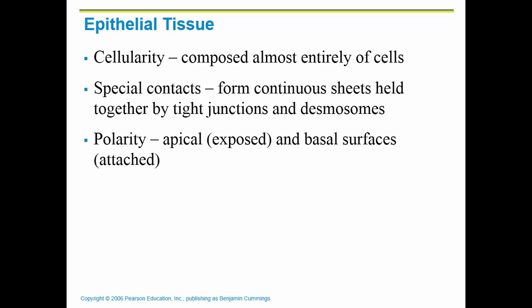Epithelial tissue has a couple of characteristics that are unique to epithelial tissue. One is that it's composed almost entirely of cells, meaning that it doesn't have a lot of non-living parts to it, and we call that cellularity. It also has special contacts that allow it to form a continuous sheet, and it is considered polar. It has a polarity, which means that it has one exposed surface that is not touching anything, and then a